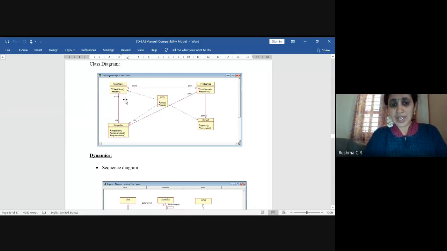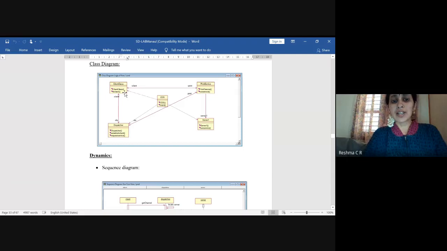Here you can see a dashed line. This dashed line we call a dependency. So this CDS component is mainly dependent on the client class, dispatcher, and server.